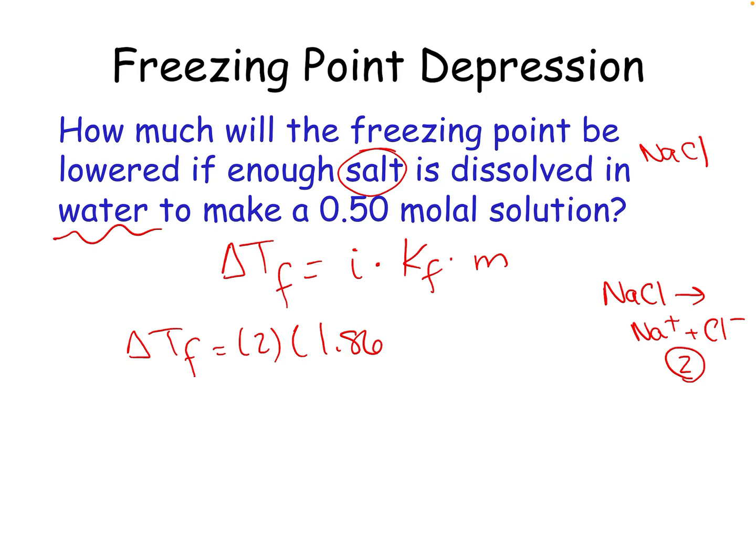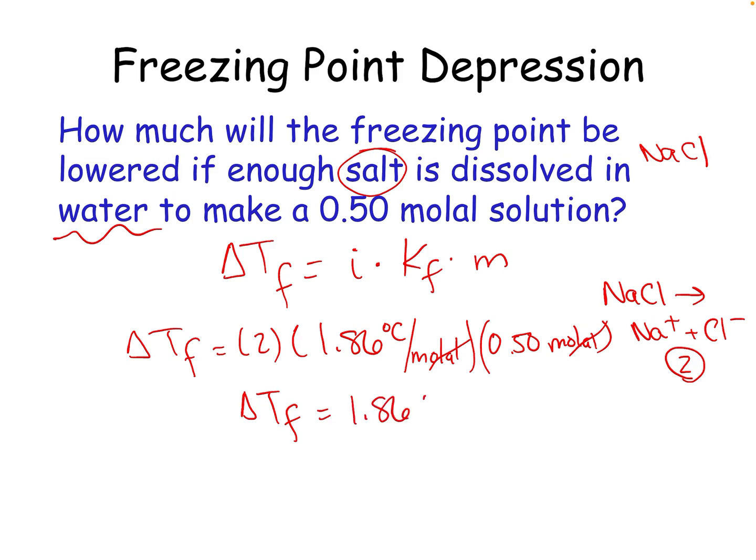And by the way, the van 't Hoff factor does not have units, but this is 1.86 degrees C per molal. And then obviously this is molal, so that's going to come out. And that was provided to us, molal. So molal goes away. There are no units for i, so it gives us our temperature. So delta T sub F, let's multiply 2 times 1.86 times 0.5, which you might notice gives us 1.86 degrees